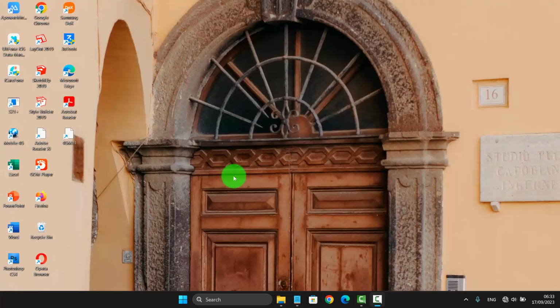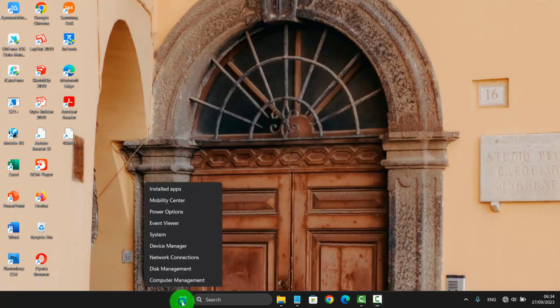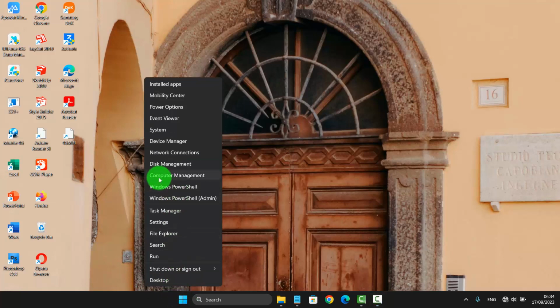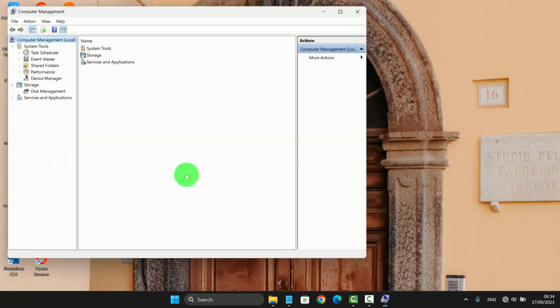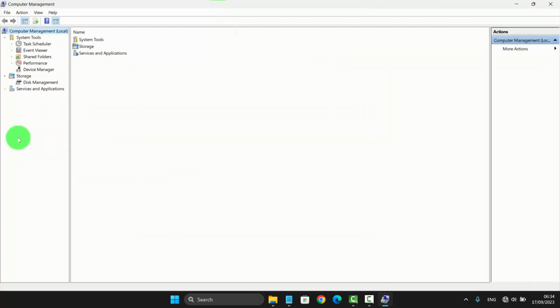To start or stop Function Discovery Resource Publication service in Windows 11 Home, right-click on the Start menu icon, and then select Computer Management. Next, click or tap the Services and Applications drop-down menu, select Services,